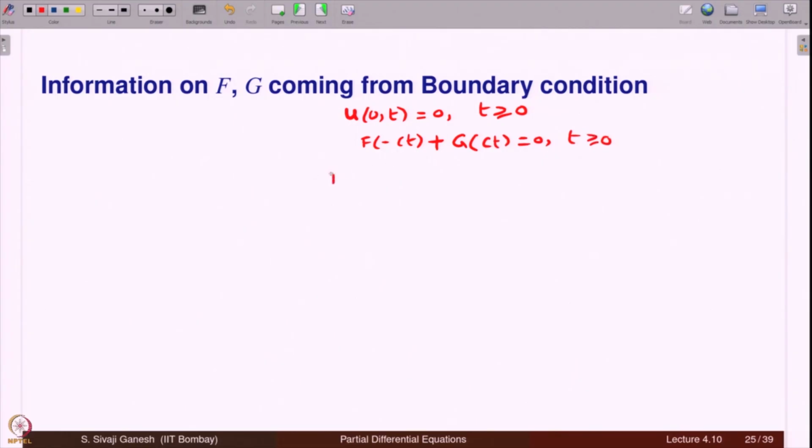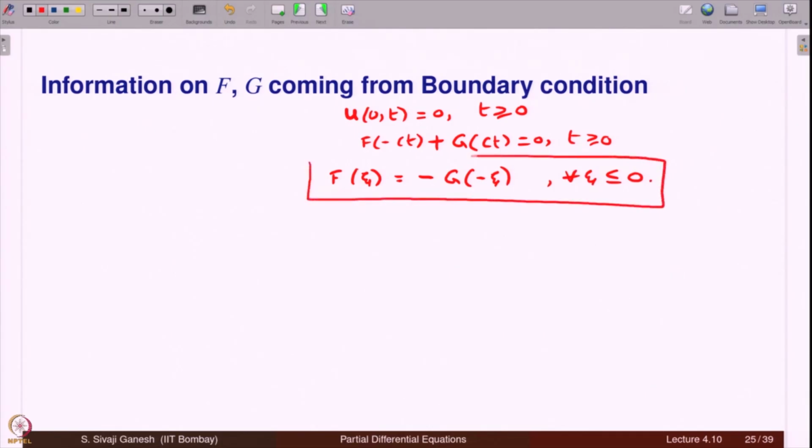That means f of xi is equal to minus g of minus xi for all xi less than or equal to 0. So, this is the information that we get. Therefore, u of x t in region 2